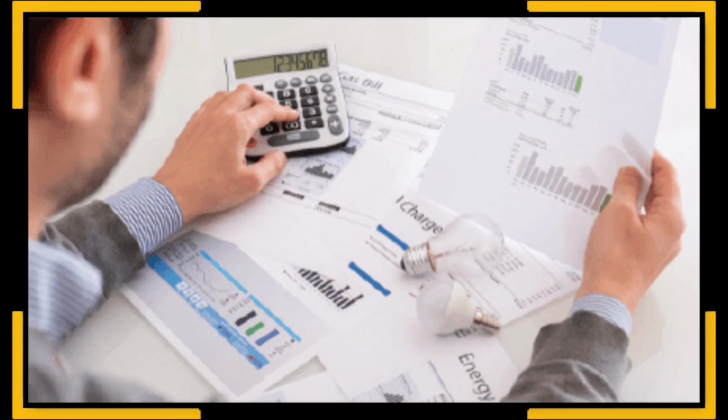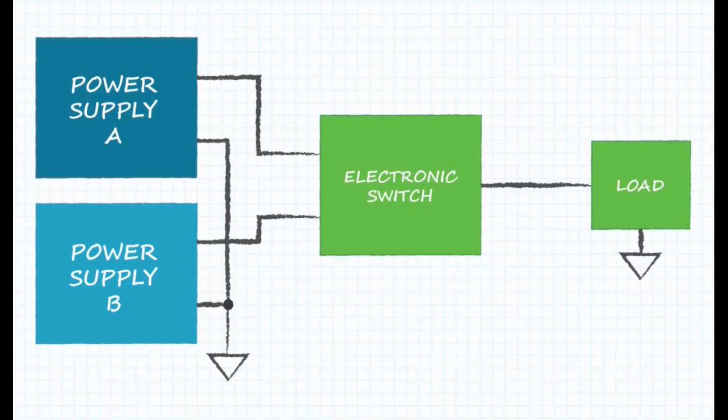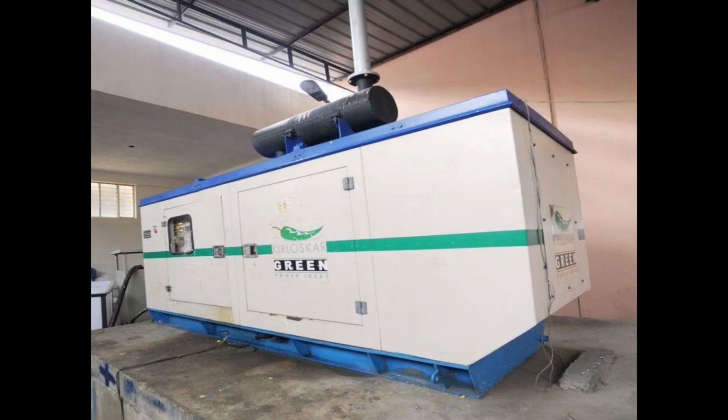Also needs to be checked is the provision of redundancy in power supply. This basically means to have an additional power supply source other than the primary source, which can provide current when there is a breakdown in the primary. This is critical for locations where power failures are common and a single source supply can be problematic for servers. Along with it, generator backup with its capacity needs to be checked as well.